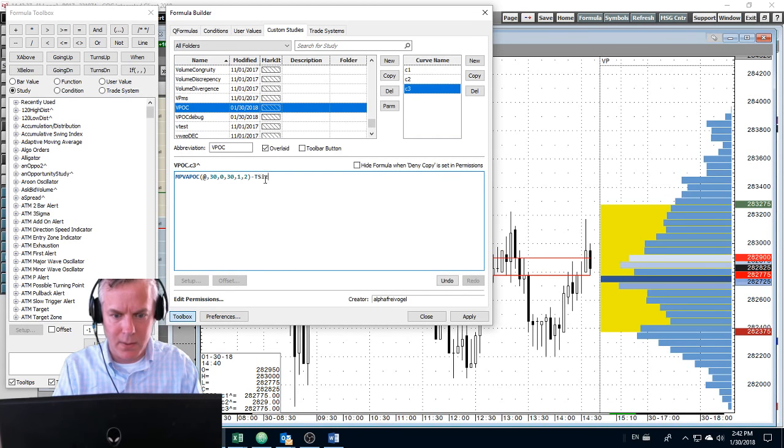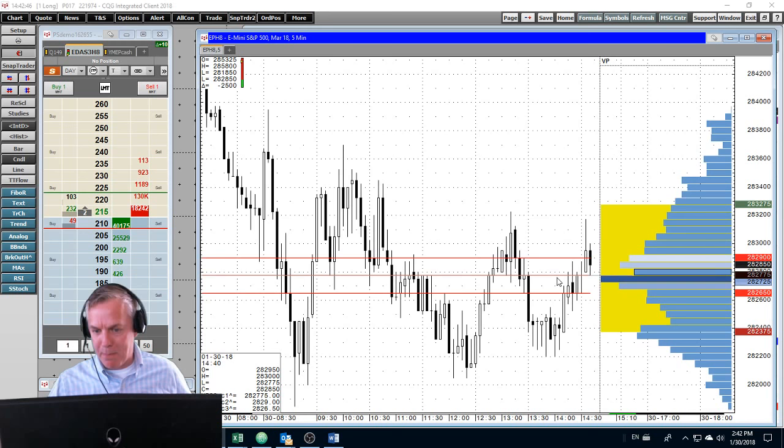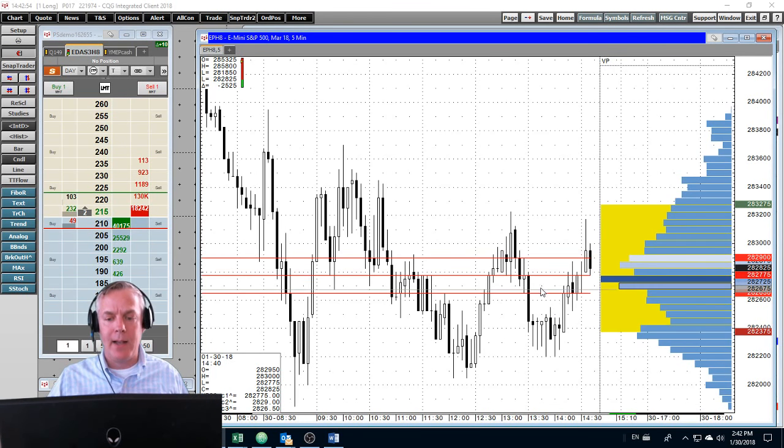Minus T size times 5. There we go. So now we've created like a band, 5 ticks on either side of the volume point of control. And that's how you would take a built-in CQG study and build on top of that to really quickly,